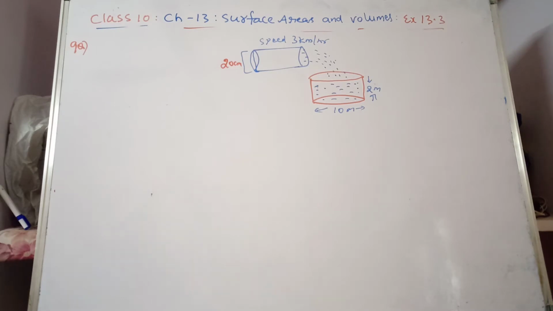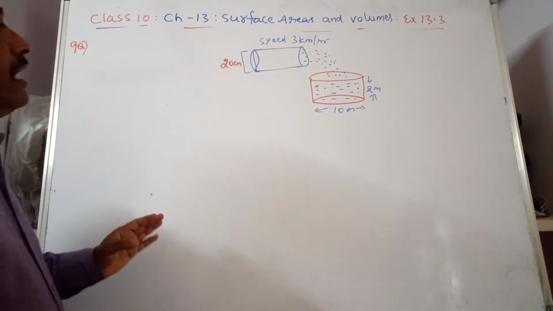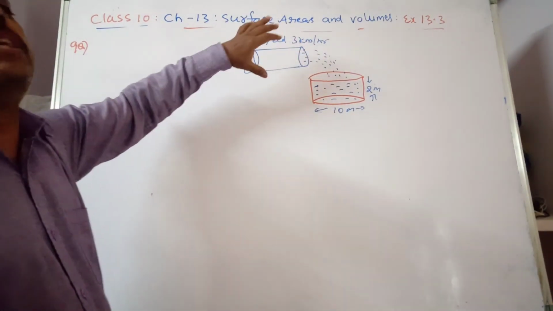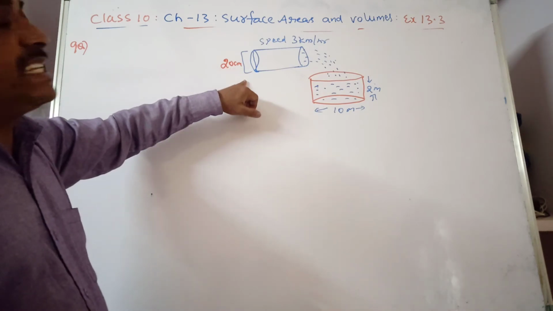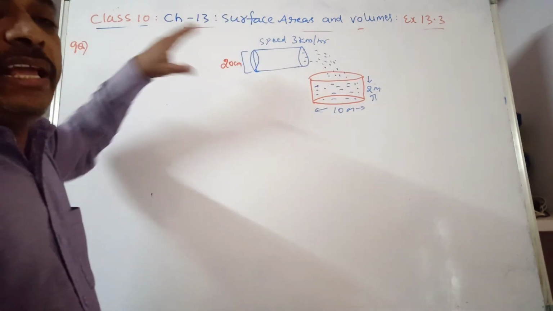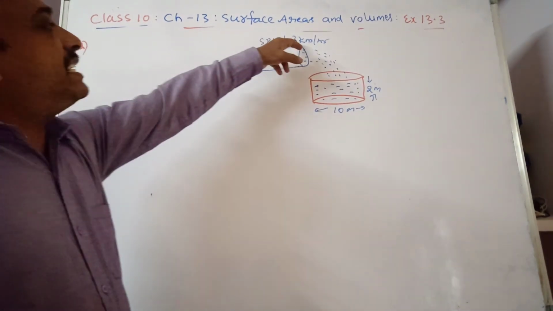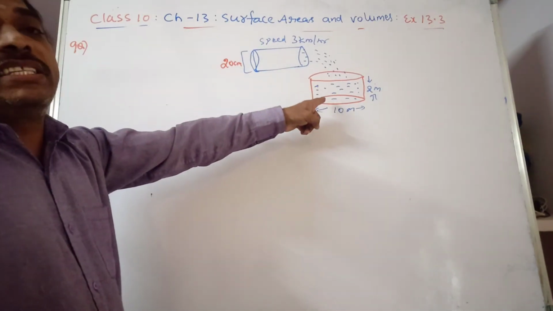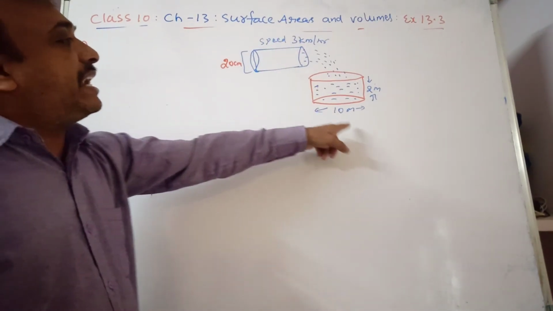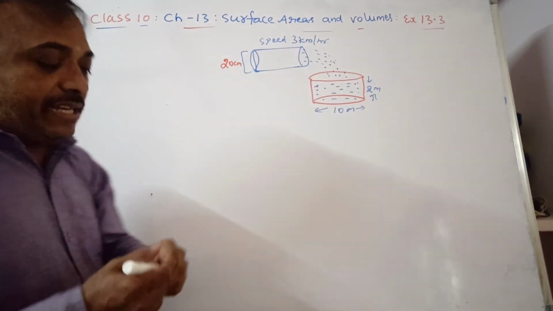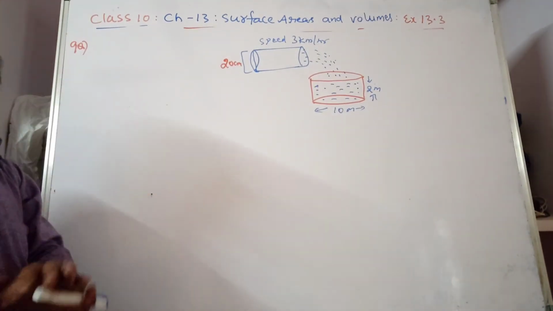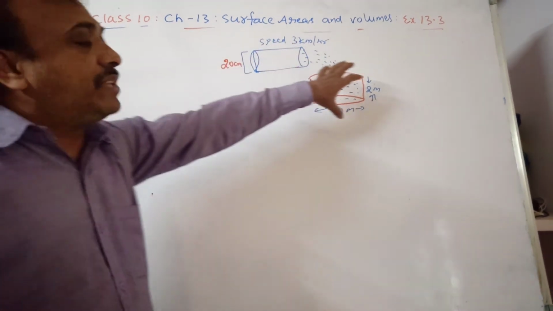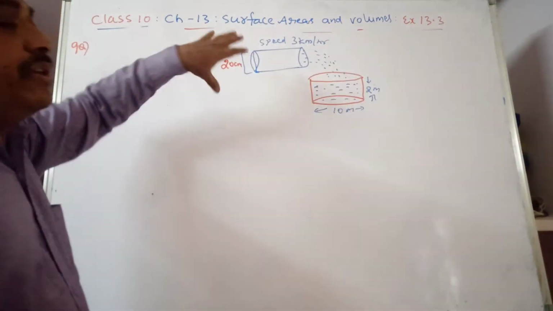Now we can look at the board. A pipe is connected to the canal, where the water speed is 3 km per hour. The water is flowing through the pipe, which is cylindrical in shape. The diameter of the pipe is 20 centimeter. The tank in his field is 10 meters in diameter and 2 meters deep, which is nothing but height. So if we calculate the volume of water flowing in 1 hour, then we get how much time it takes to fill the tank. Volume of this tank we can also calculate, then you can divide with that.